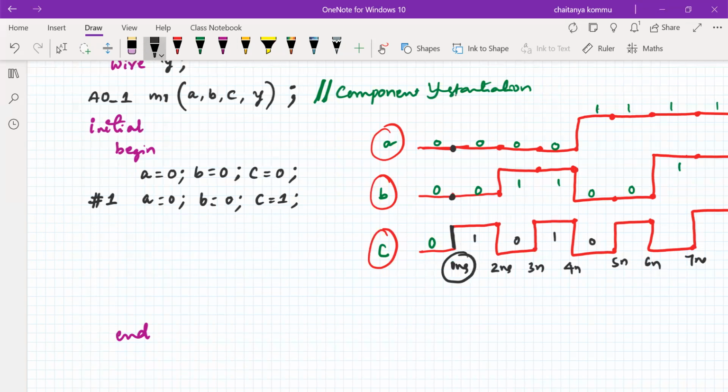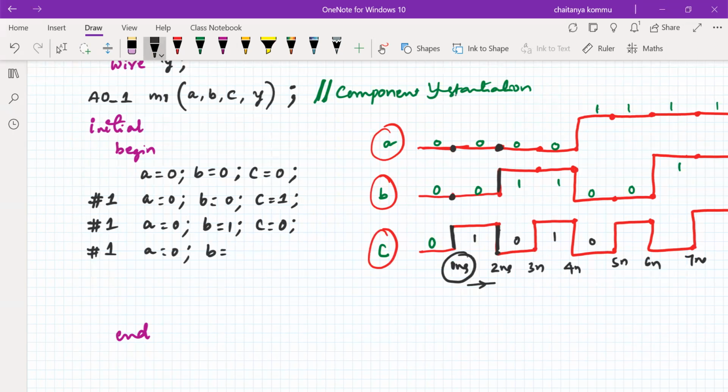So similarly, another 1 nanosecond, that means 2 nanoseconds. We have to give another 1, which is sufficient, no need to write 2. If you write 2, it becomes 3 nanoseconds, but if you write 1, then 1 plus 1 is 2 nanoseconds. So at 2 nanoseconds, what is happening here? A is 0 only, but B becomes 1, C becomes 0. So A is equal to 0, B is equal to 1, and C is equal to 0. Like this, we have to give for every 1 nanosecond what is happening here.